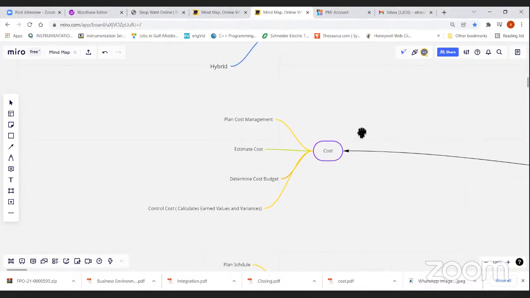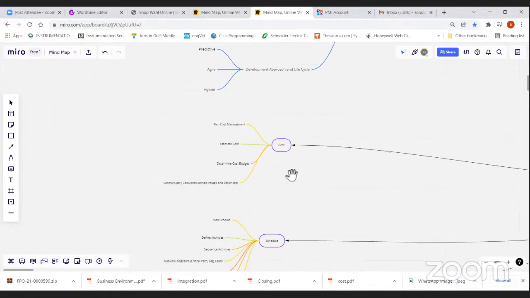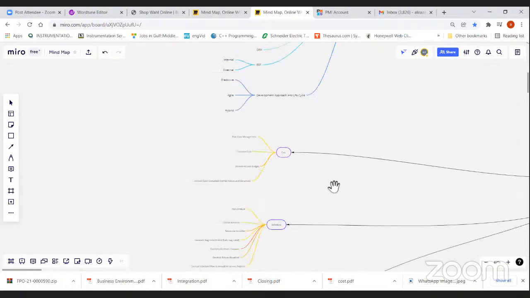Then we have control cost. In control cost, we do earned value calculation, and here we do plan versus actual. We identify what differences come up, and the reason the cost is high or low, under budget, over budget, or on budget. Here we complete the cost management. So these are the third component of the baseline. Once we have the baseline ready, we can move forward with other activities like quality,